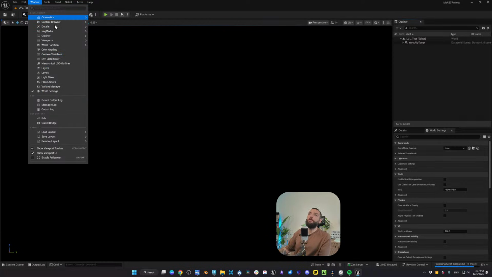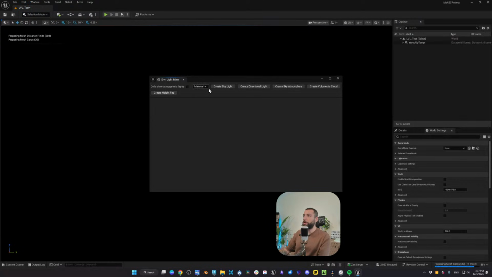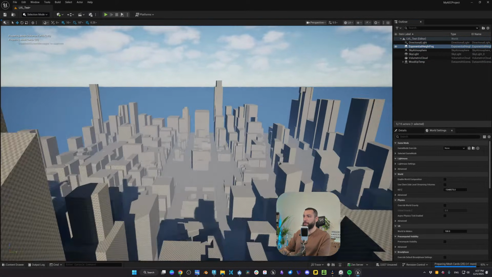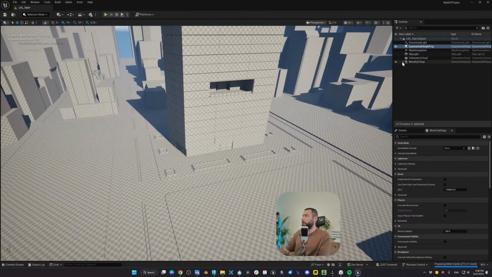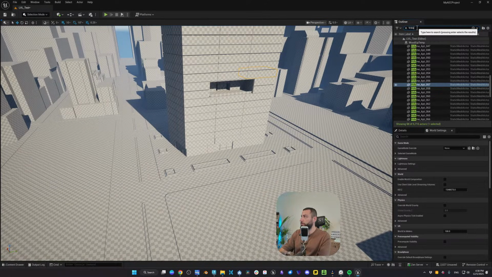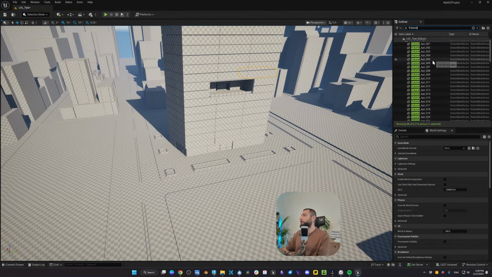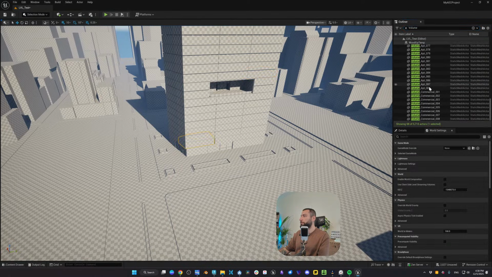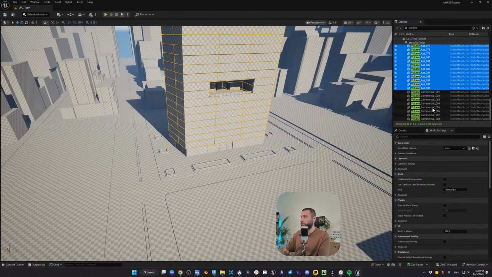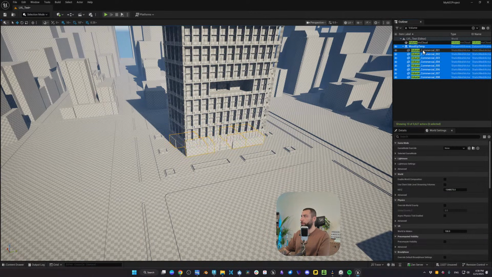I have been using 5.4 for the past whole year, and it's so interesting. There we go. Let's create the default light setup, and let's select the volume for now and delete them. Because we can re-import them later.